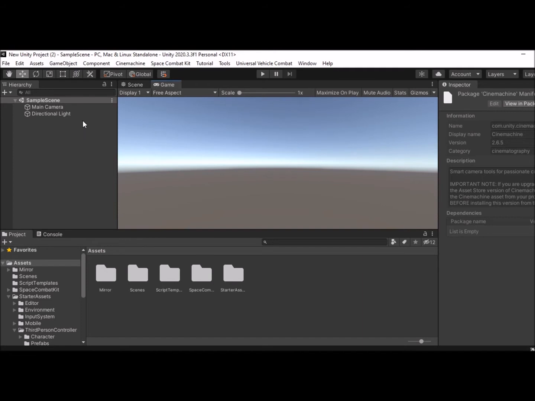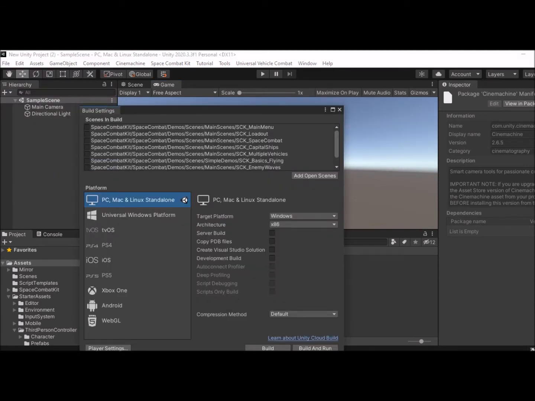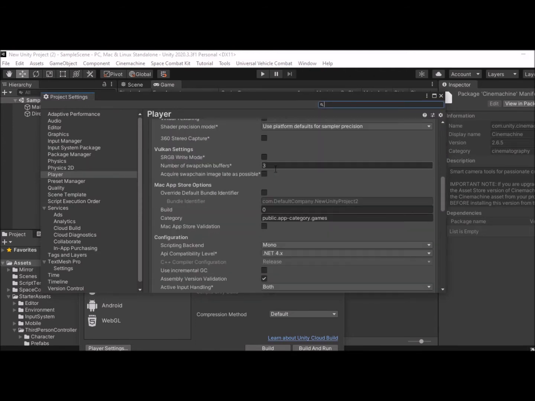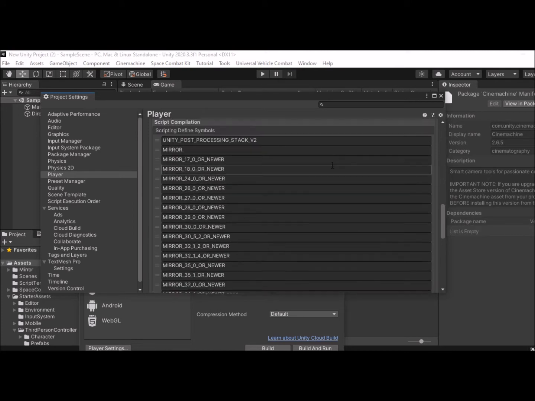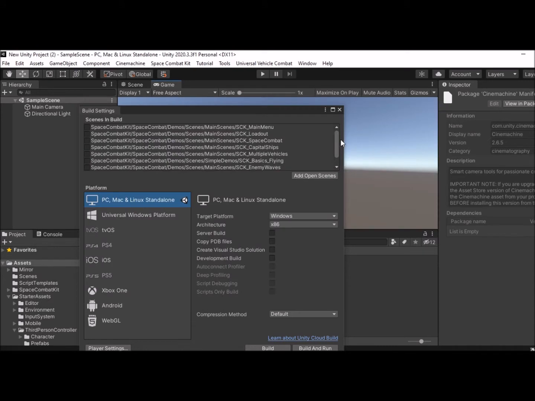Secondly, we're going to go into File, Build Settings, and in Player Settings, in the bottom left there, you're going to scroll down and come to the configuration where yours will probably say .NET Standard 2.0. You want to change that to .NET 4.x. That is necessary for Mirror to work properly. So that should be all the settings, and now we can get started with making a hello world